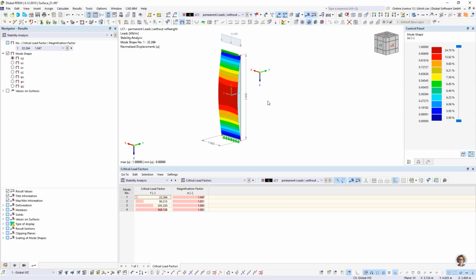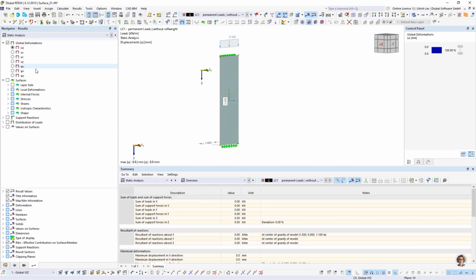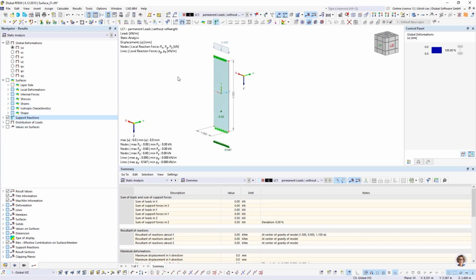Okay. So the load itself, we can also show. I will show you the support reactions even later. Okay. Now we have